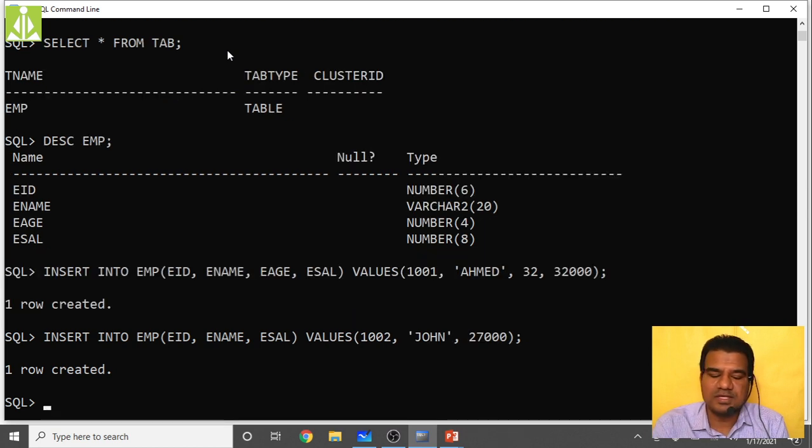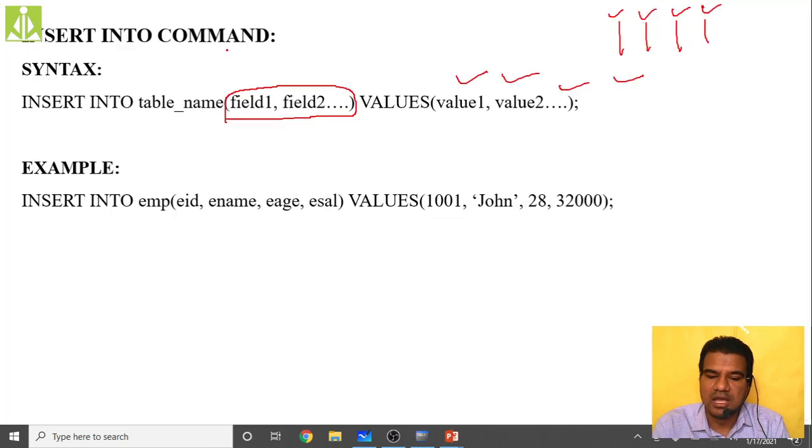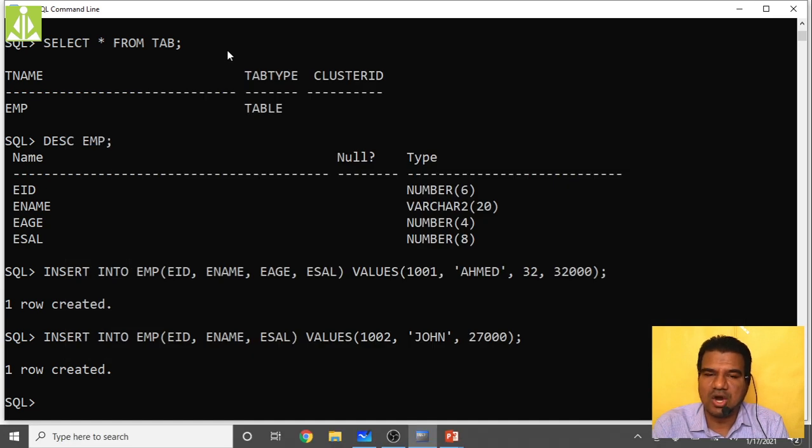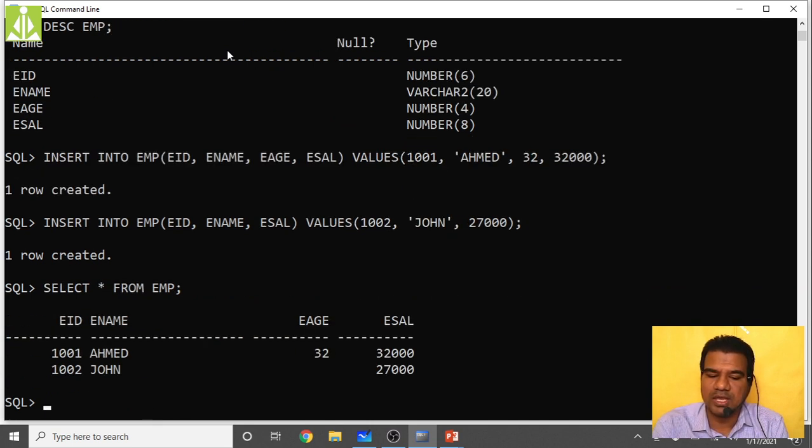So now how can we see all the entries from my table? In the sense, the select command I have to use. Select star from emp to select all entries. Okay, to retrieve all entries, select star from the table name employee. Now you hit the enter key. See, it is showing the 1001 employee details, and the name is this one, age is this much, and salary is this much.